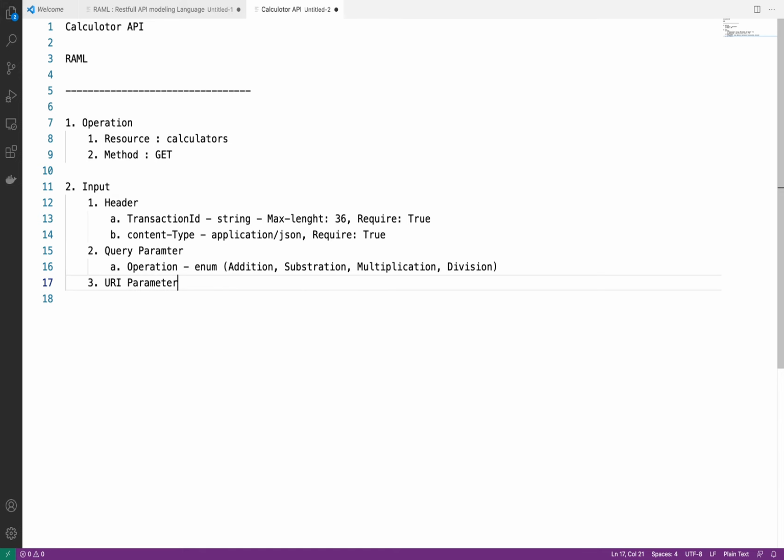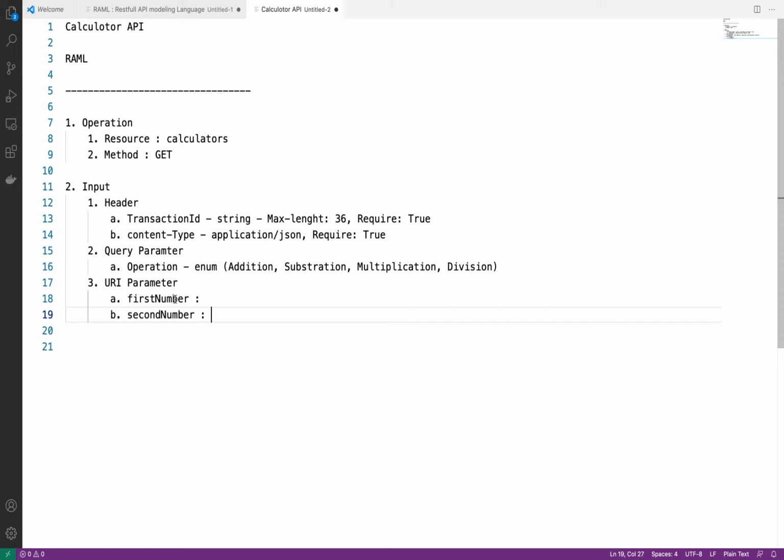Okay, so what URI parameters do we have? For this calculator we need two nested resources. What are they? First is the first number, and the second one is the second number.